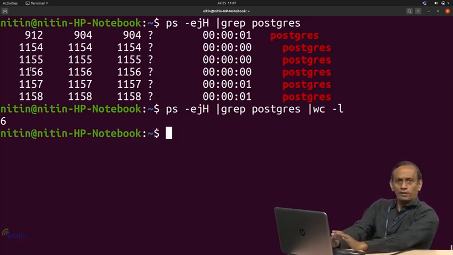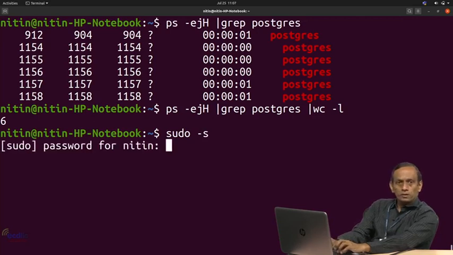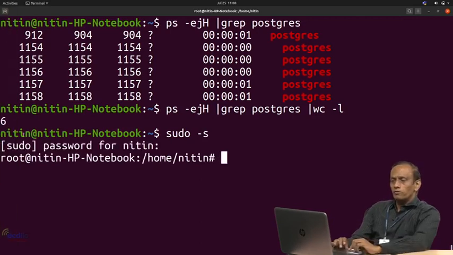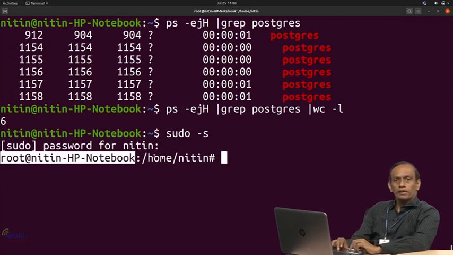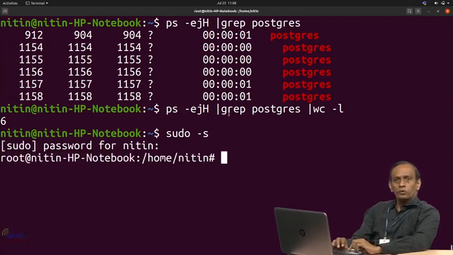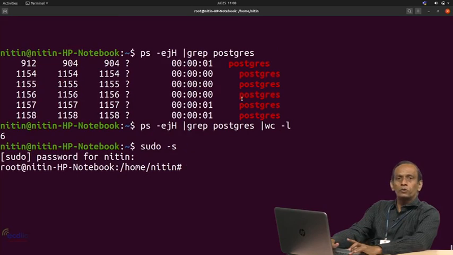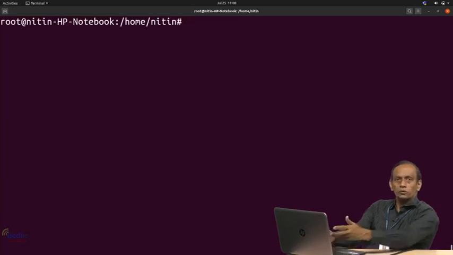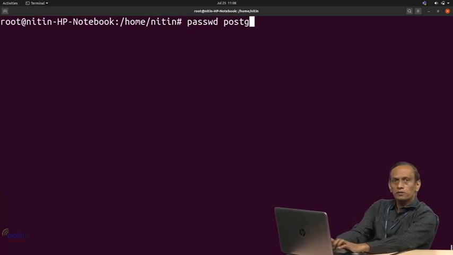With the assumption that you are using Postgres for the first time on the laptop after installation, the first thing we will do is log in as the root user. Now you became root, as one can see over here. To work with the Postgres server, we need to know the mechanism to start Postgres. For that purpose we will change the password of postgres. So write passwd postgres.